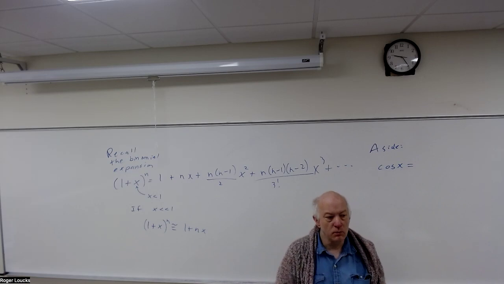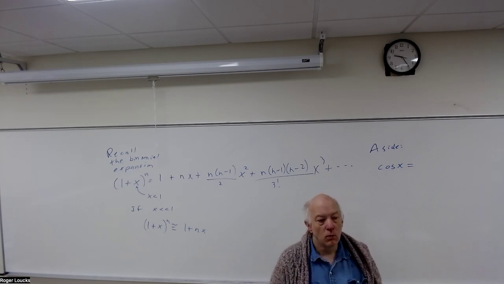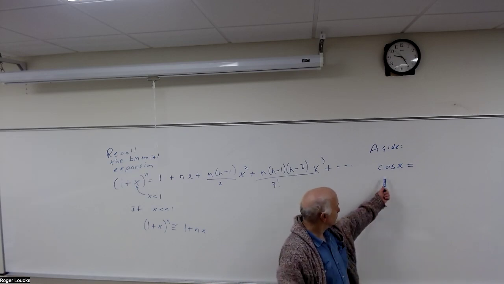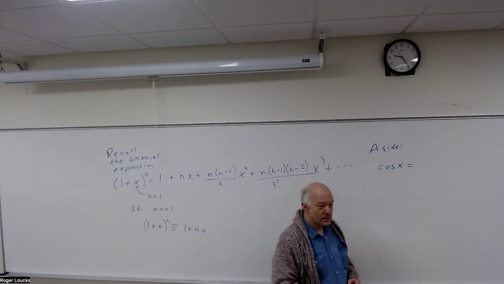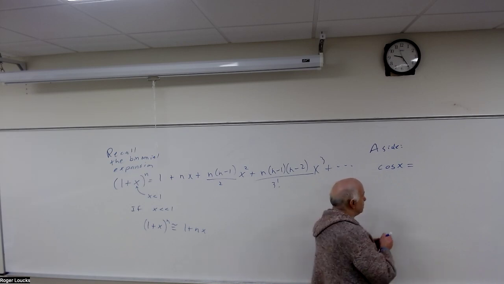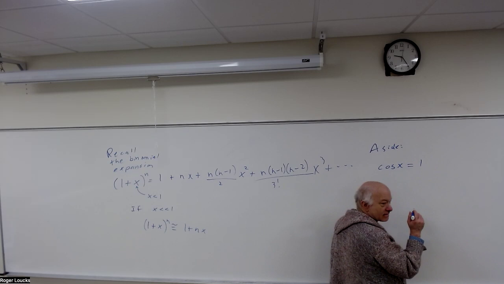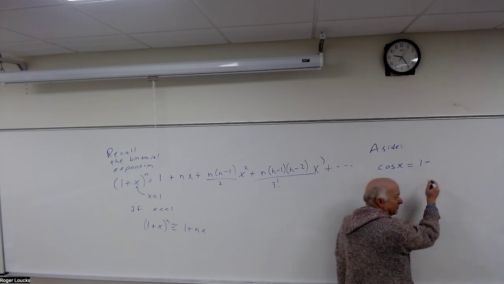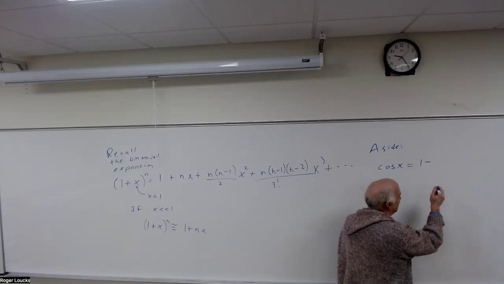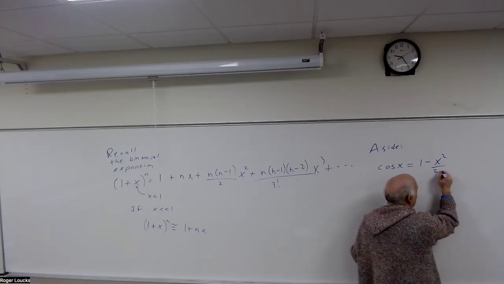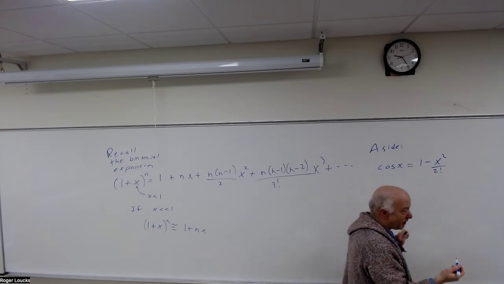What's the Taylor expansion? 1 minus x squared over 2, which is 2. Okay, plus